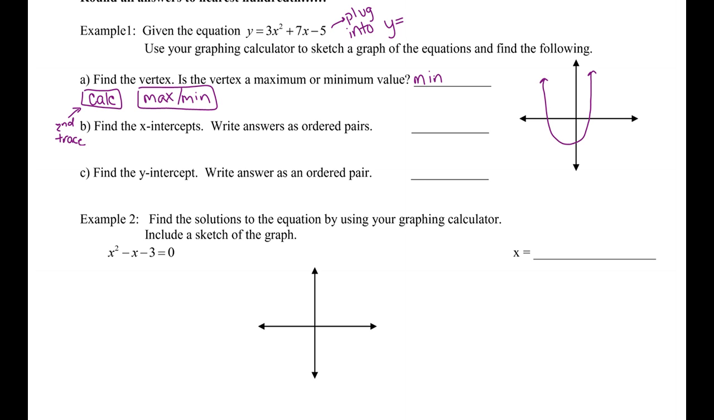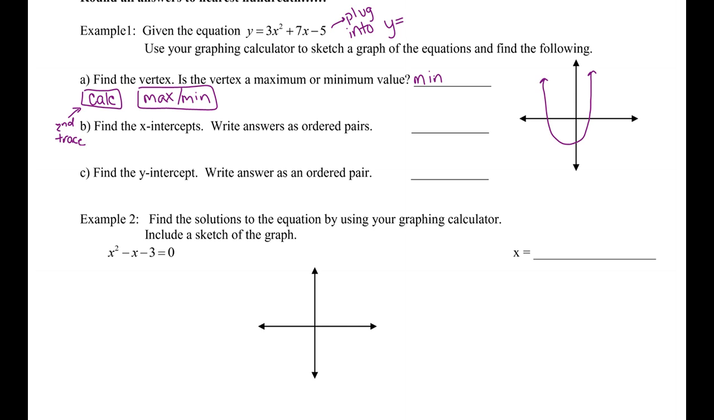It should then, when you hit enter, come up on your calculator asking you for a left bound. So you'll take your cursor until it is somewhere to the left of the lowest point, and you want to be safely to the left of the lowest point, so up here somewhere is fine. You'll hit enter. It'll then ask you for the right bound. So you do the same thing. Move the cursor until it is clearly to the right of the vertex, and then you're going to hit enter